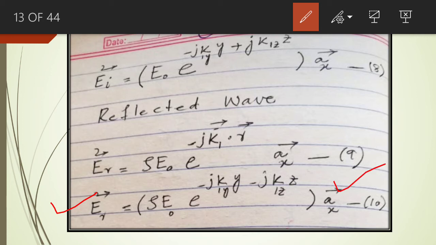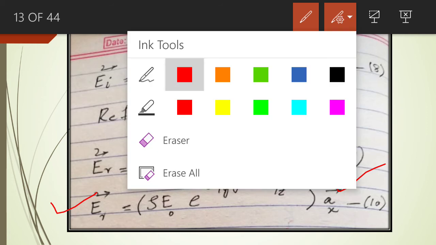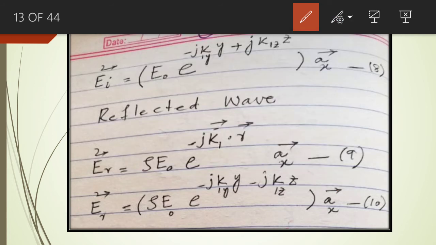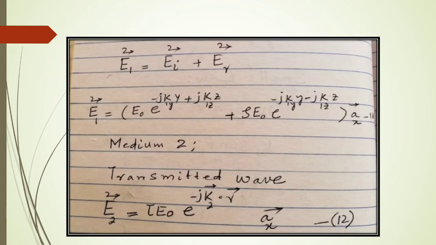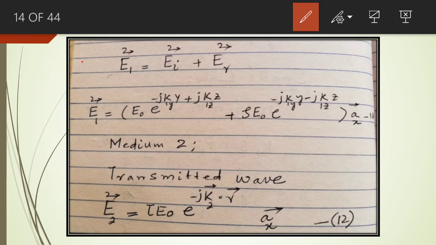So you see, there are two waves of the same frequency in medium number 1. There is an incident wave and there is a reflected wave, and as the frequency of the incident wave and the reflected wave remains the same, the interference of these two waves will take place. So the total electric field intensity in medium number 1 due to this interference will be equal to E1. So E1 represents the total electric field intensity in medium number 1,